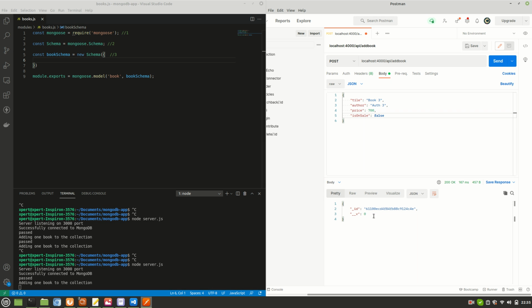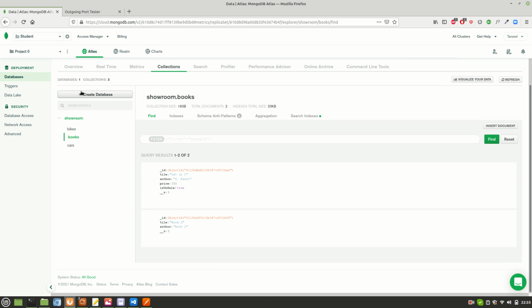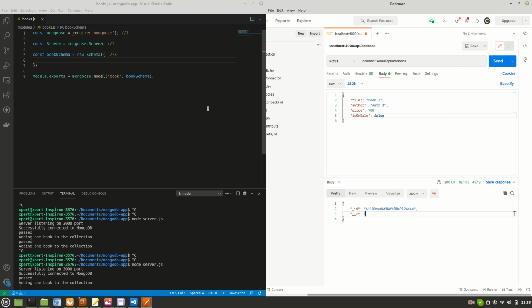See, nothing got saved there. This is some empty document. When the schema was empty, even if you are passing all the properties from that body, nothing will be saved there. And the same thing you can see here also. I'm not going to refresh it every time, my network is very slow. Let it be. Now let me bring it back.